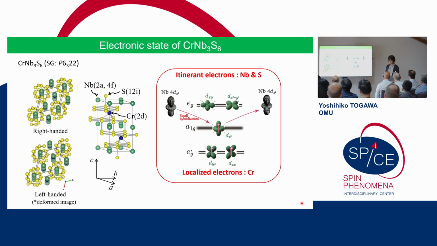Then let me say something about the physical property, the electronic structure of this compound. This compound has a magnetic transition at low temperature, magnetic order at low temperature, which means it has localized electrons as well as conduction electrons. Maybe partly because of such an electronic structure, we have a large enhancement of the signal.